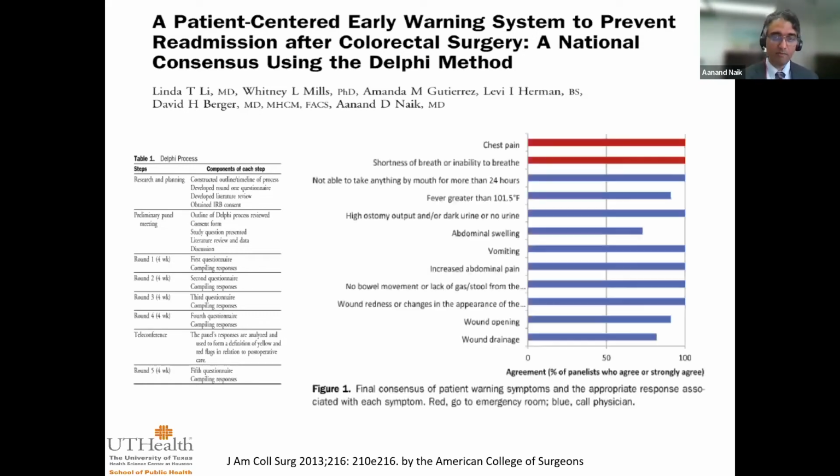And what we did is we gave them the evidence from that systematic review. And we showed them these were the conditions that the literature says are the reasons why patients get readmitted. Now we want you to tell us, what do they say to you when they're either calling your office, when they come to see you in clinic, when they come to see you in the emergency room? What are the symptoms and signs that they're presenting for those conditions?